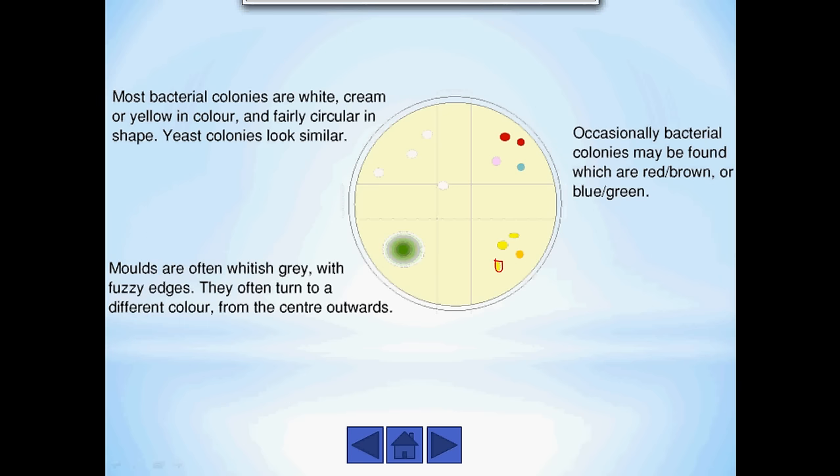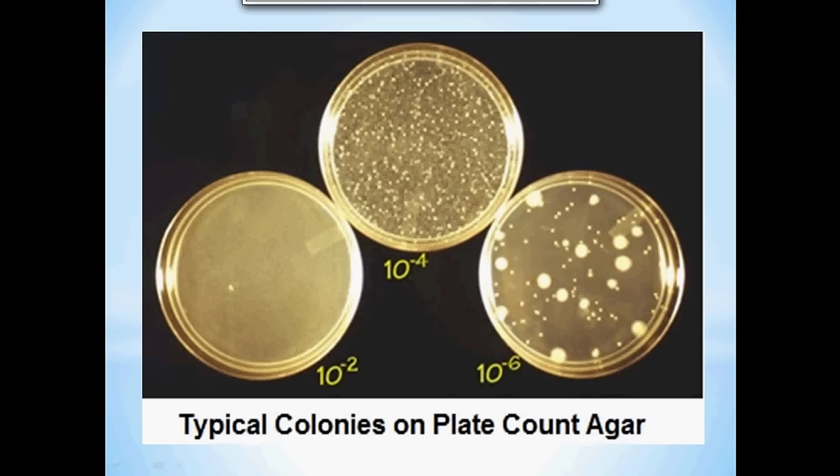After 24 to 48 hours, we will see different colonies on the petri plate. There will be different morphological characteristics of the colonies that are present. Based on those morphological characteristics, we can guess what kind of bacteria or molds or fungi are present in the milk. Here, this picture